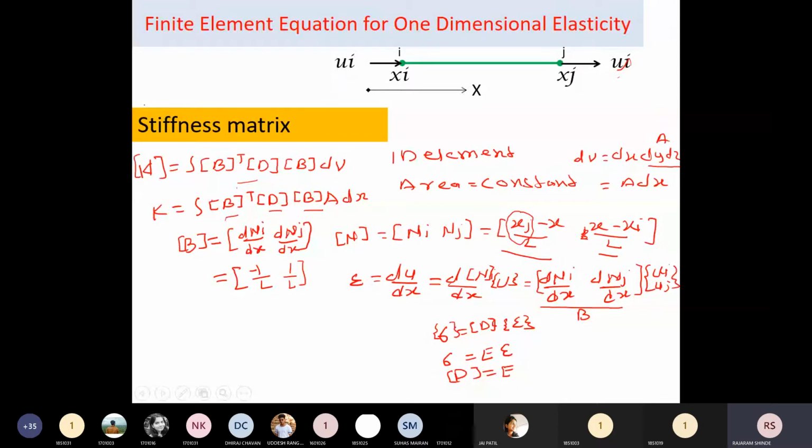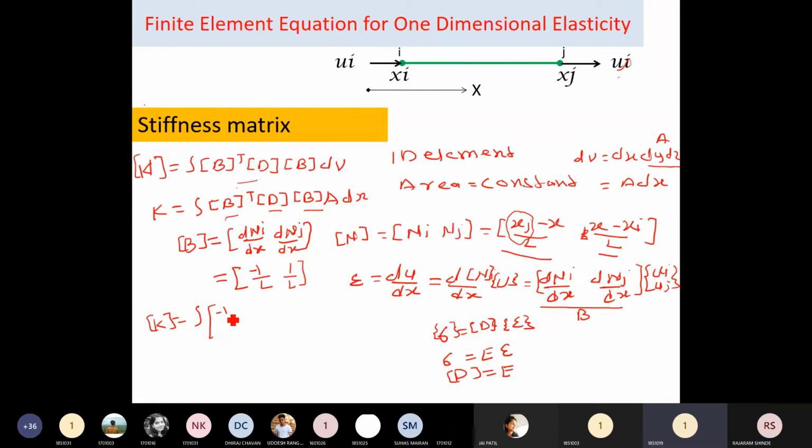Now how is this integration formed? Can anyone tell how this integration becomes K is equal to... Hrishikesh Dore, how can you write here? Yes, sir. Yes, you tell me how this integration forms. I will write with you. Now B transpose, you tell me B transpose. I have calculated B. Yes, sir. B. Yes.